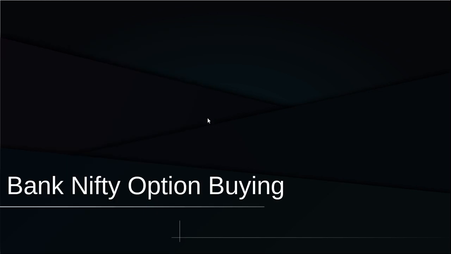So today we are going to see a Bank Nifty option buying strategy. This is very interesting because we are going to use option Greeks in our strategy. Currently Greeks are available in the Streak platform only for the active contracts, unfortunately. But if they add them for the expired contracts as well, we can test. However, I have backtested for 2-3 weeks, and during those active periods I have tested them, it works pretty well.